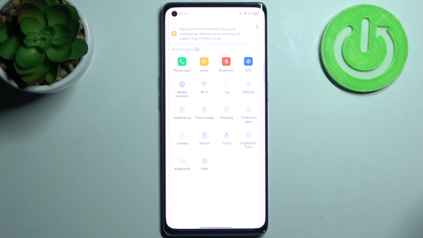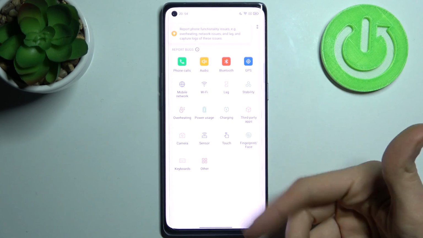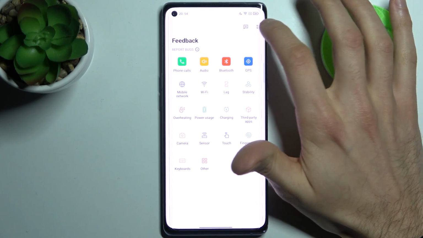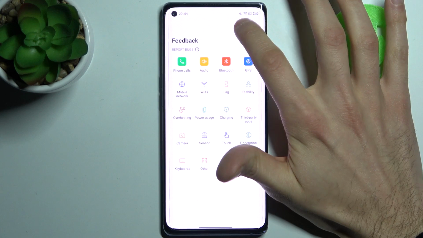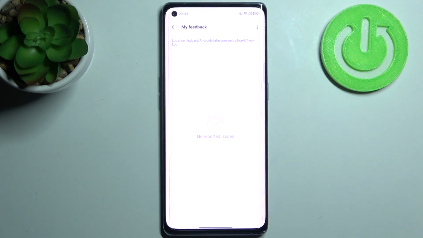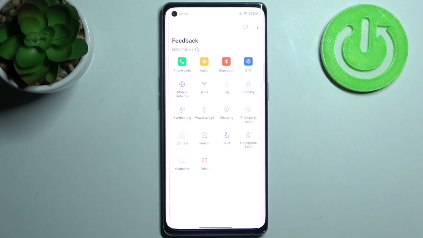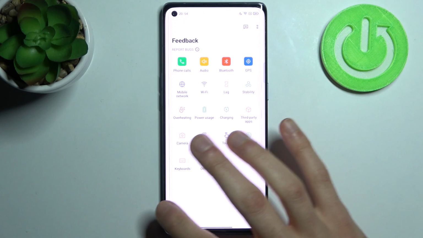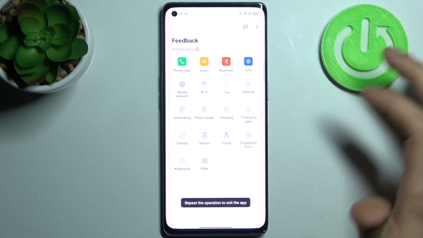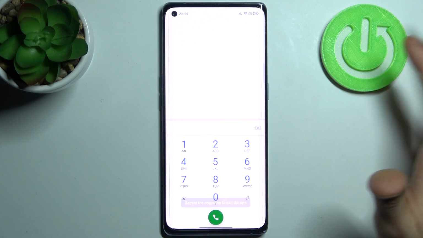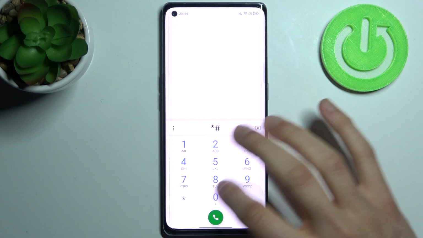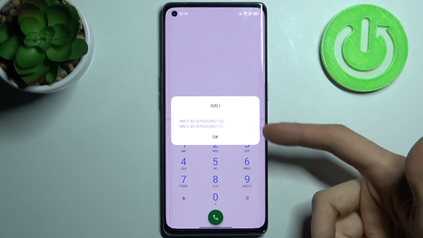Here you can write and report bugs on different features on your device. You can contact support, write a report on any issue, and might get a feedback too. So yeah, quite useful. And the last code for today will be *06#, and this is the code which displays your